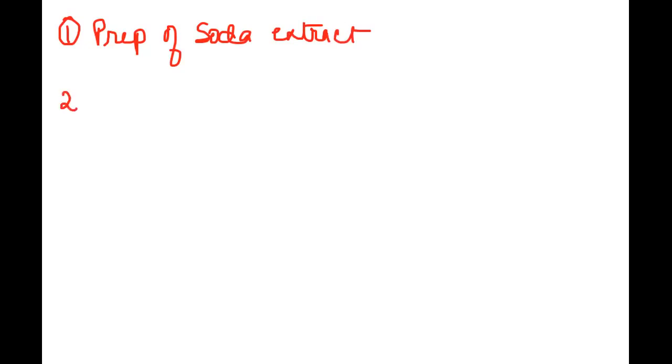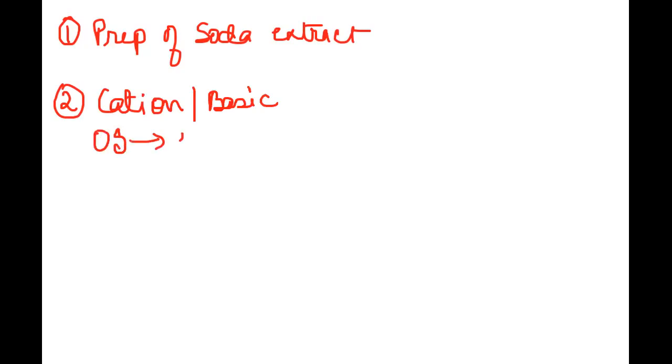Then the second one that you will write is, suppose you are doing the cationic analysis, the identification of the basic radical, then you have to start writing from the original solution. Then you will write original solution, preparation, how was it prepared? This you have to mention. Then after this, you will do the group analysis, that is, in which group is the cation present. For this, you will need the proper copy to show the columns and everything properly.